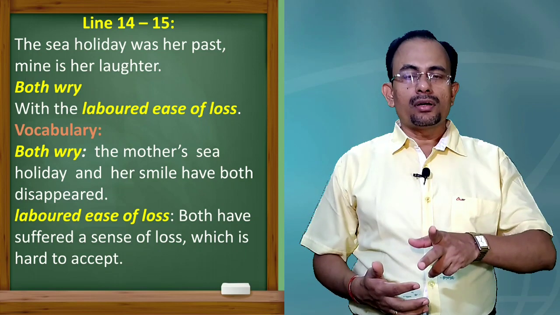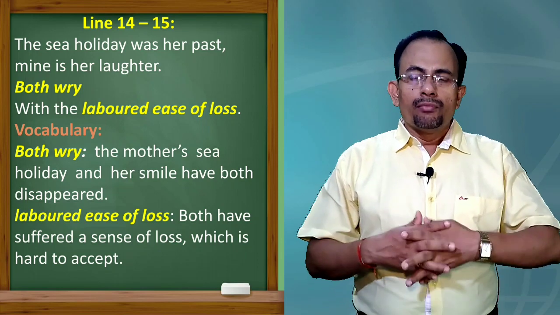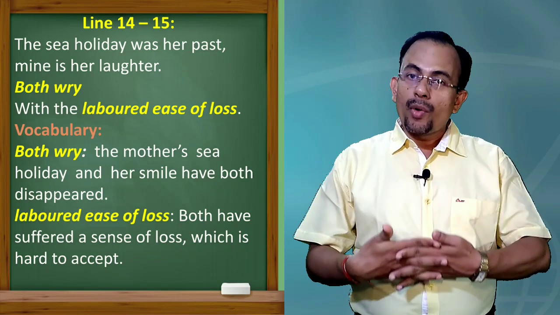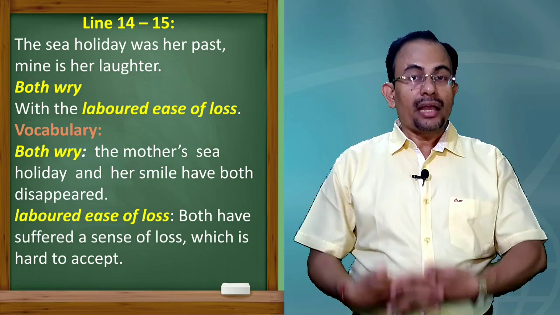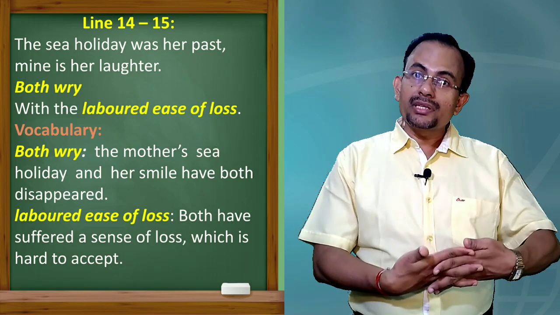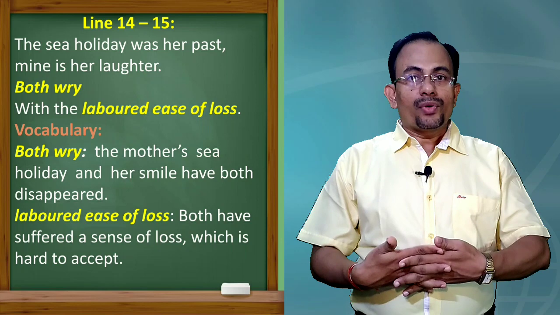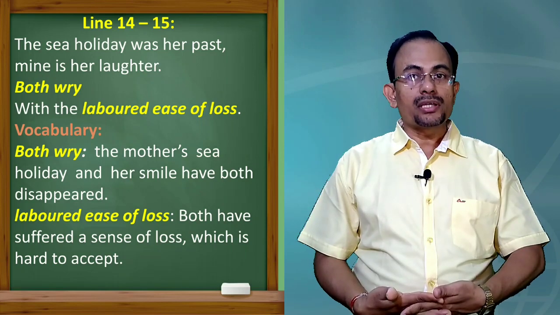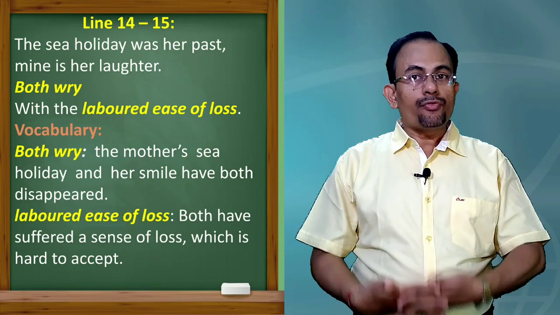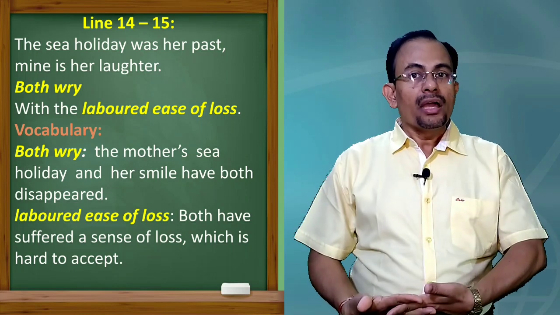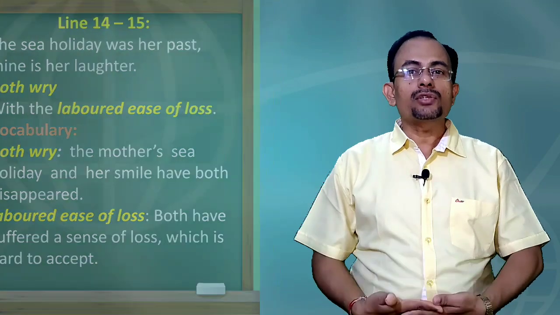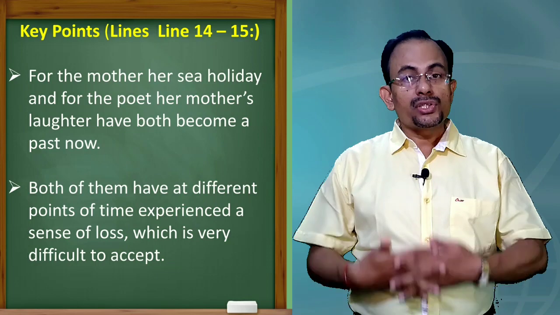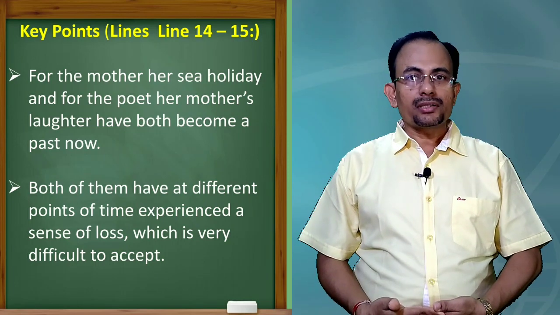These are two things. Both the things are no longer there now. The poet misses her mother's smile. At the same time, her mother also missed the sea holiday. Labored ease of loss refers to both the past memories, her mother's sea holiday, and for the poet, her mother's smile, having suffered a sense of loss, which is hard to come to terms with. That is, which is hard to accept, because